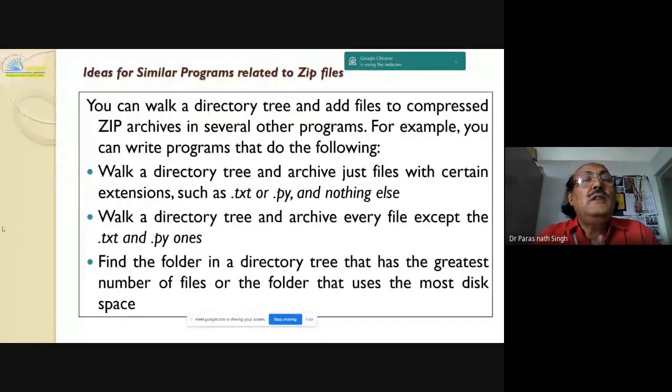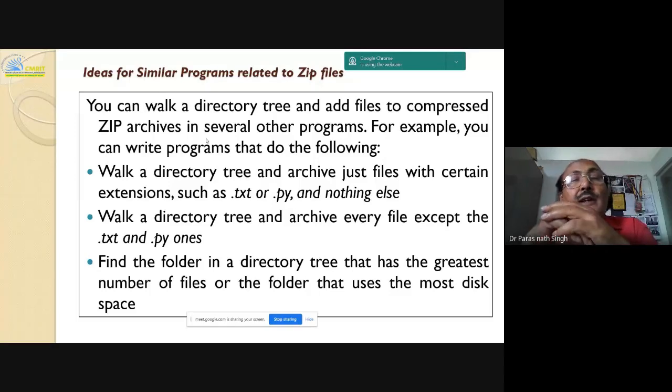And now some other ideas for similar programs related to zip files. Here some ideas are given, and their solutions are again given. You can walk a directory tree and add files to compressed zip archives, so you are just walking the directory tree to decide which file to add to your zip file.